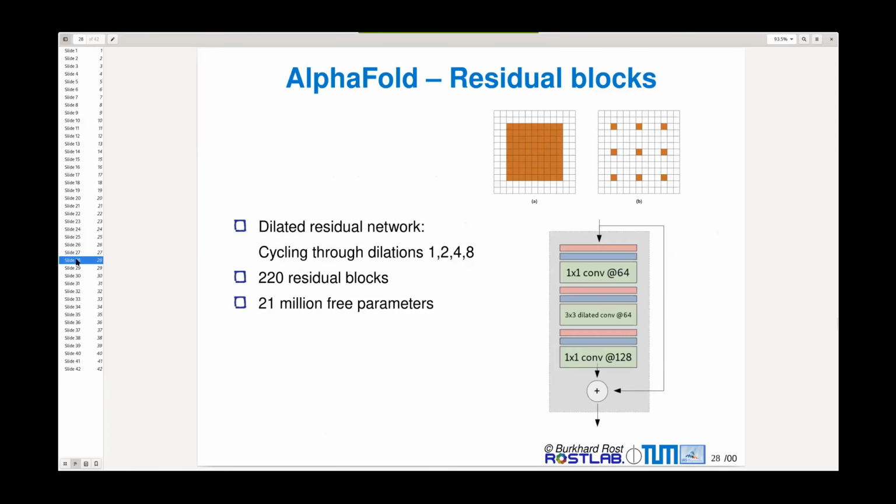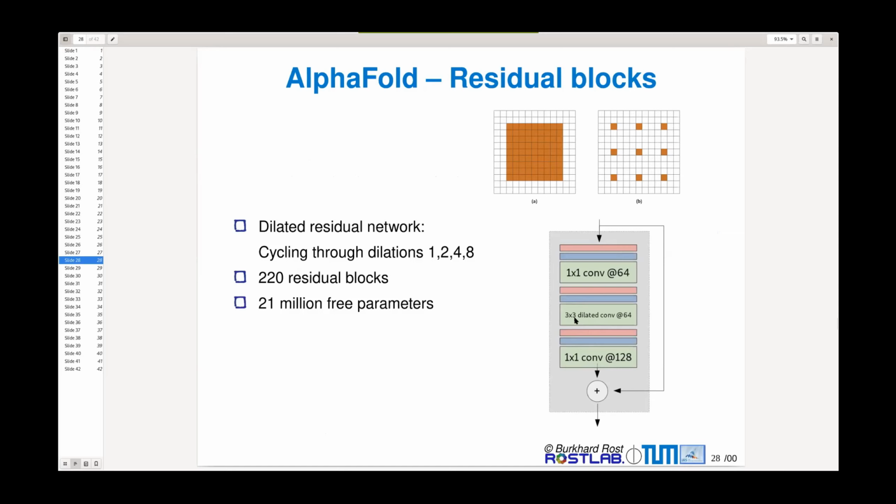So how does it look like? Well, it's essentially all the puzzle pieces that we talked about in the deep learning section. They use a very deep, dilated residual CNN with residual blocks which look like this. We have these skip connections here, and in these blocks we have 3 convolutional layers. These 2 are essentially just feature compression and decompression stages, and the work is done here in the center convolution,